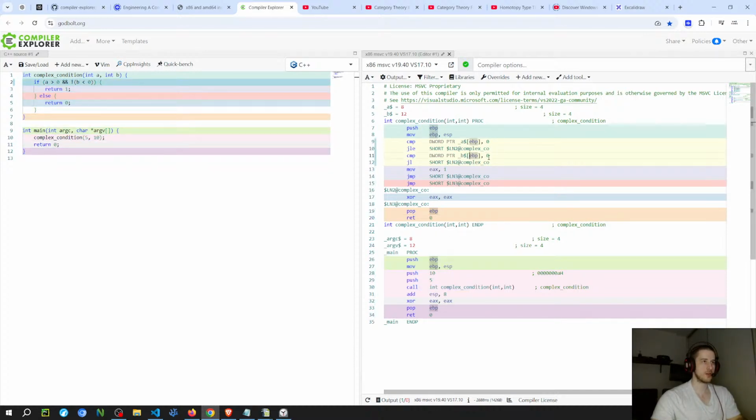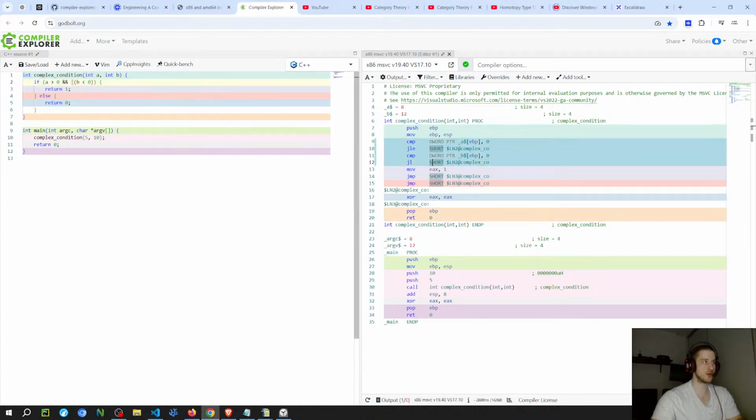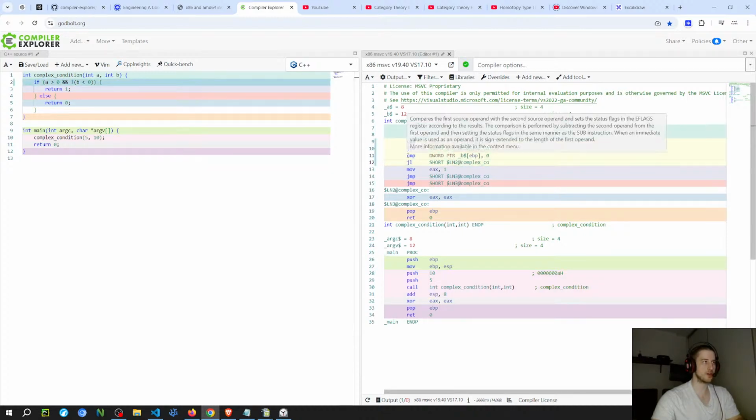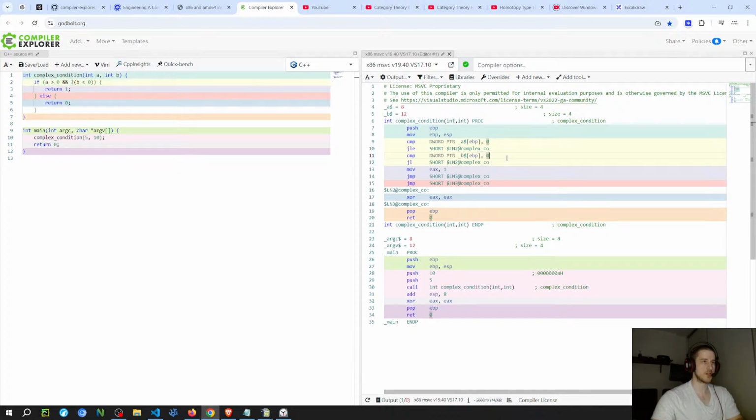And then here it is going to compare B to C. And this part, I think this is the reason why I wanted to put this, because based on the way that they are testing here, the jump is going to be the opposite of what should be happening, because that's what the exclamation mark does. So it's comparing if B is greater than 0. It's going to do this with the compare instruction. The compare is going to subtract B from 0. And if the result's negative, it's going to set the sign flag to 1. And if the result's 0, it's going to set the zero flag to 1.